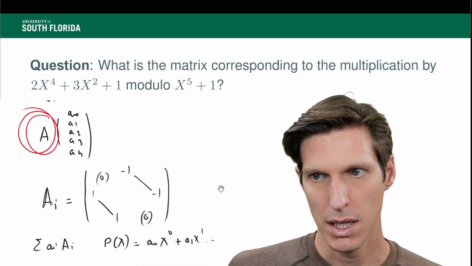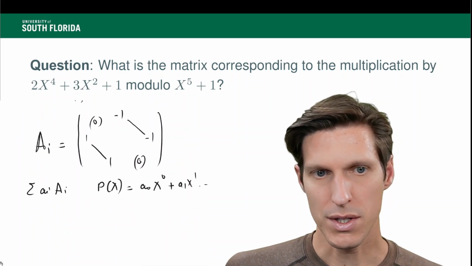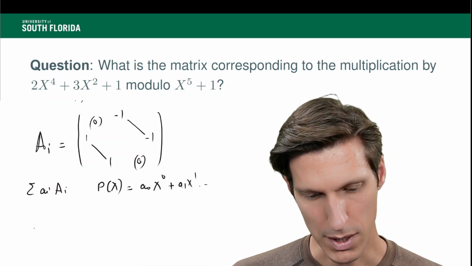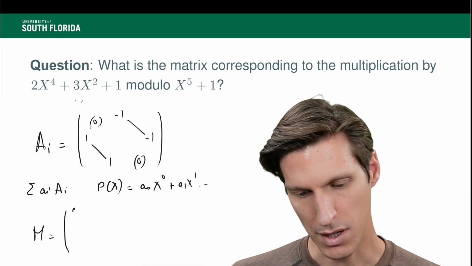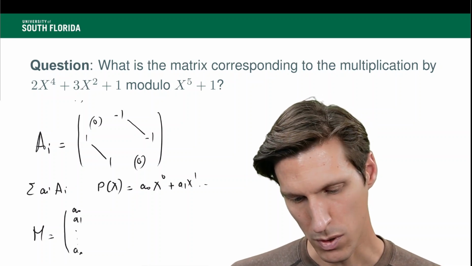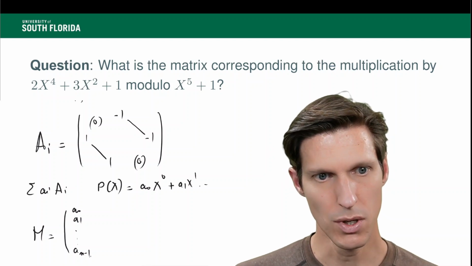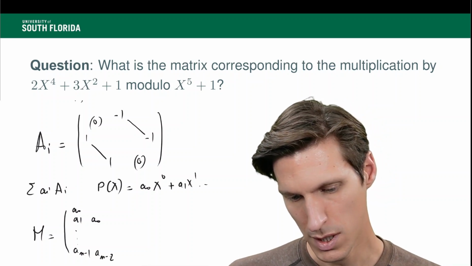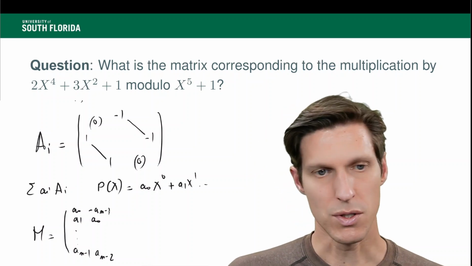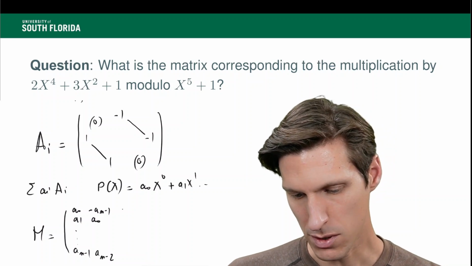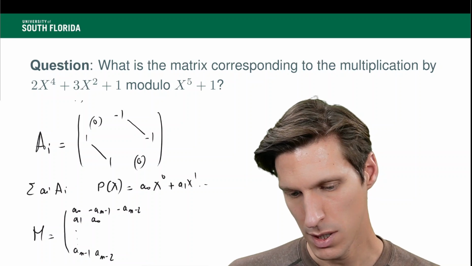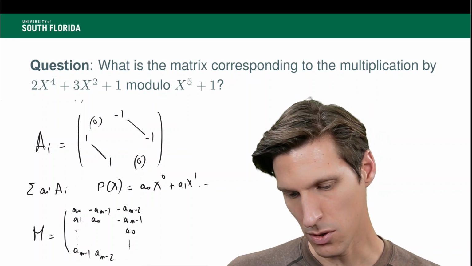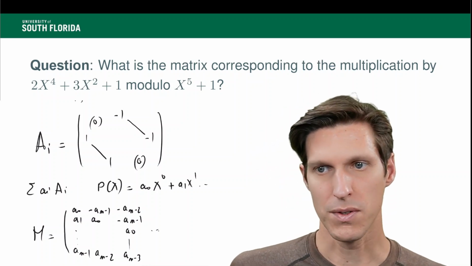Once you sum all these matrices, your matrix M is going to be of this form. Its first column is going to have a0, a1, until a_{n-1}, so here it'd be a4. Then you shift everything down, so you put your a0 here, everything until a_{n-2}, and then your minus a_{n-1} goes back up. Then you continue: you pop up the a_{n-2}, and shift everything down, minus a_{n-1}, then your a0, and all the way down to a_{n-3}, and so on and so forth. So following that recipe,